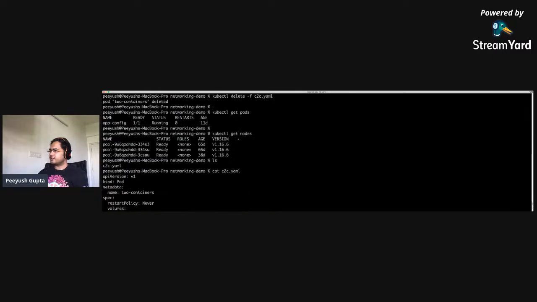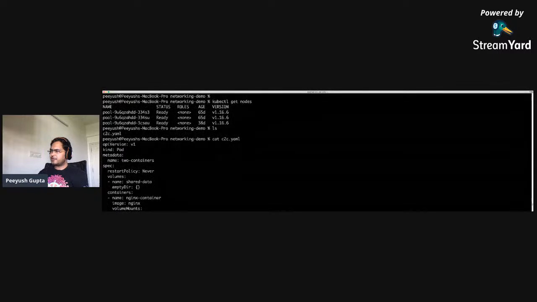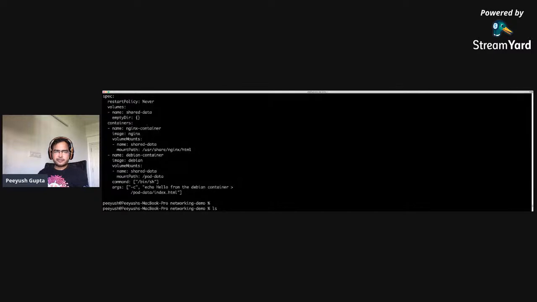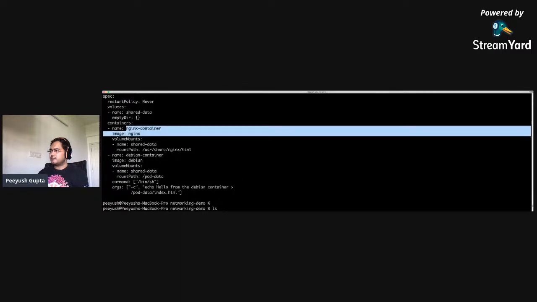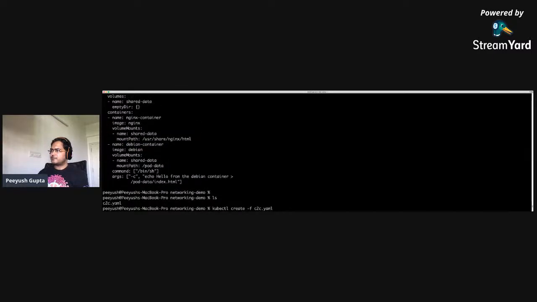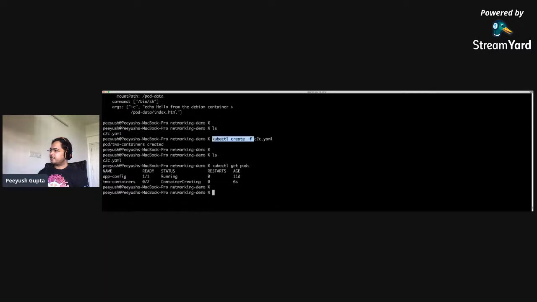Okay, I will just repeat what I was doing till now. Basically, I've got a Kubernetes cluster with 3 nodes, and I've got this YML with me. It has got two containers, right? It's the same YML that we were discussing in the previous slide. One is an Nginx container, one is a Debian container, and I'm just mounting a volume that's named shared data. Basically, this is being mounted from the host. And I did a kubectl create, and it created a pod for me, with two containers.